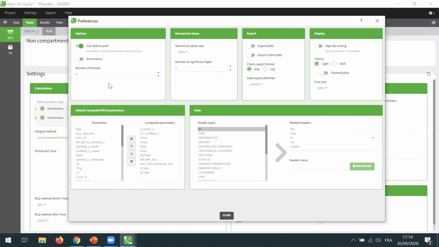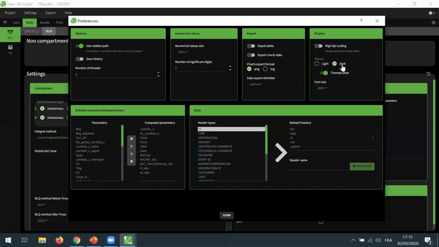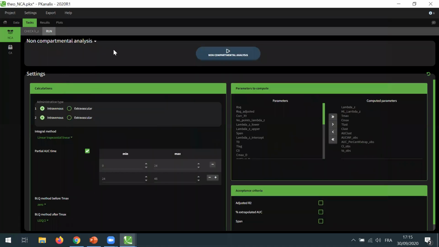In addition to this new setting in preferences, we also have a few other new settings. In particular here, it is possible to change the font size for the numerical values and the number of significant digits that are displayed in the interface. Also here, I can change the font size for the text in the interface. And we now have a light and a dark theme that will change the interface like this, and allows you to display the interface in a complete dark theme.